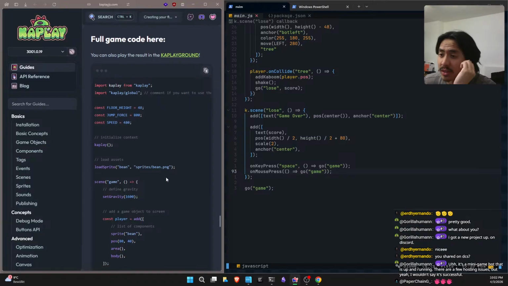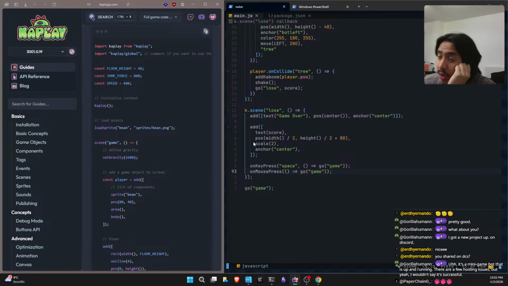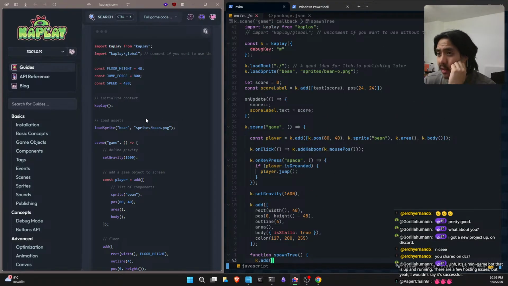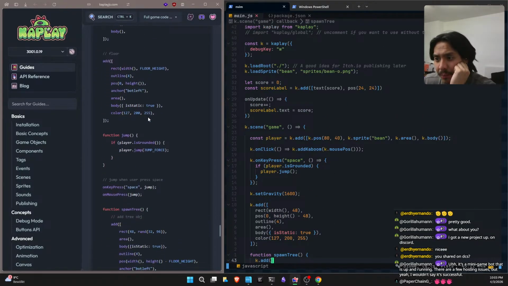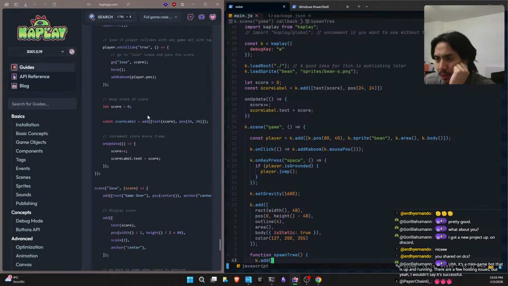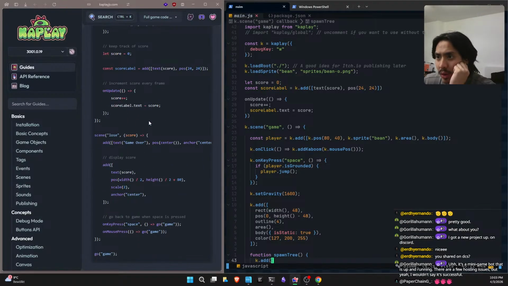Okay, this is like the full game one. Okay, so it is almost correct. I guess the score and the label should be inside here. Yes, okay. It's supposed to be inside. Sorry, I didn't know. So this should be